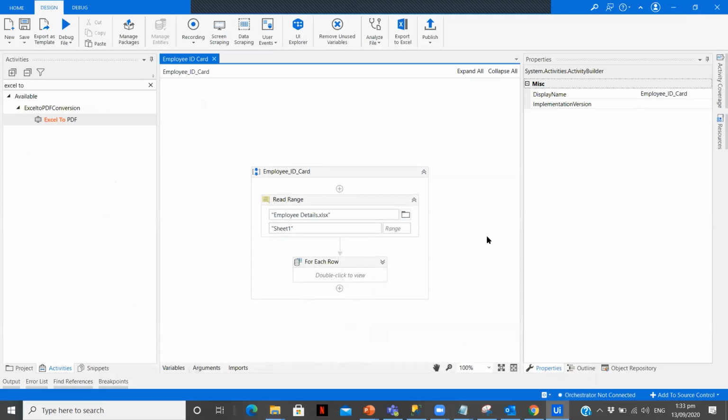Now, one of the other applications is, suppose you have an invoice template, you can use that template and generate invoices using Excel. You don't need Word, or you don't need to use any tool. If your company uses one, you can use that, but you can suggest this approach where you create your Excel template and generate invoices.